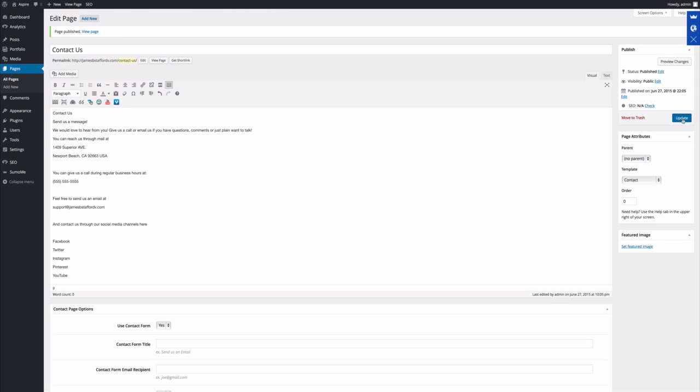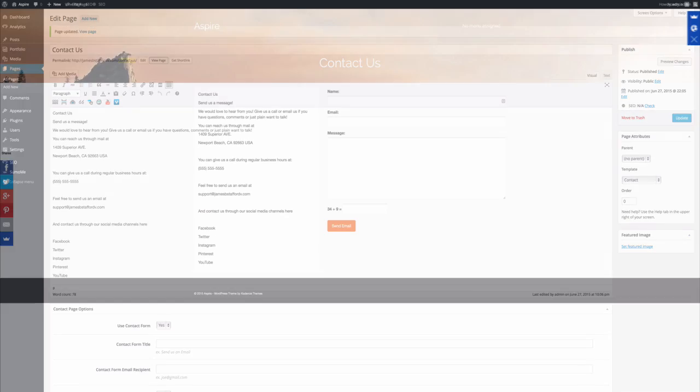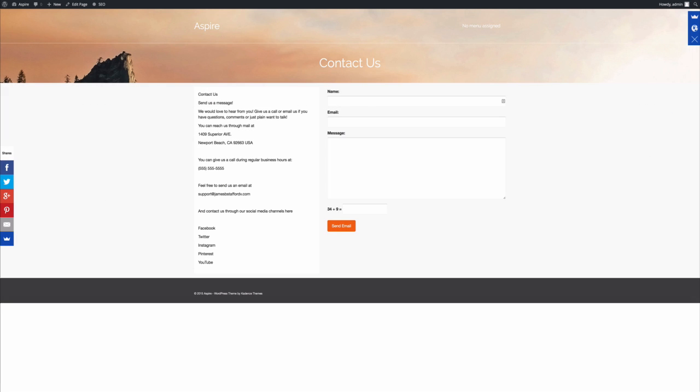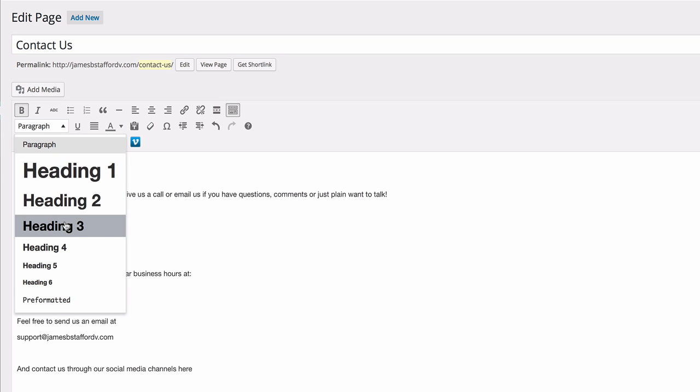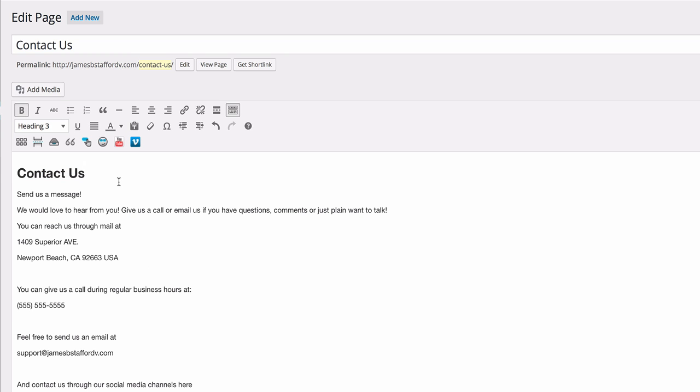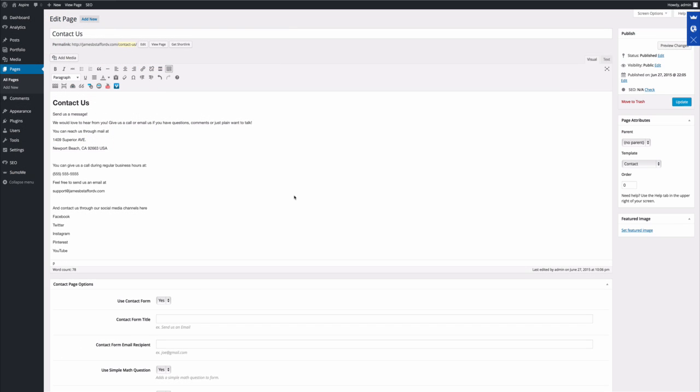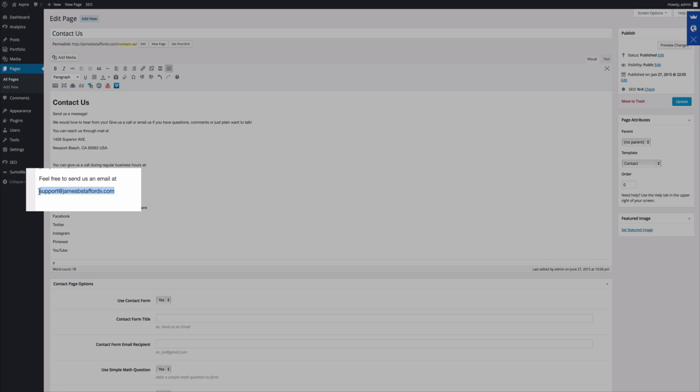We'll go ahead and update this. View page. Very cool. And let's clean this up a little bit. Now, if you want to make things bold, you can just highlight it and then just select bold. Or if you want to make it bigger, you can highlight it and then use one of these settings. That looks good. And as I explained earlier, you can make your email address link clickable